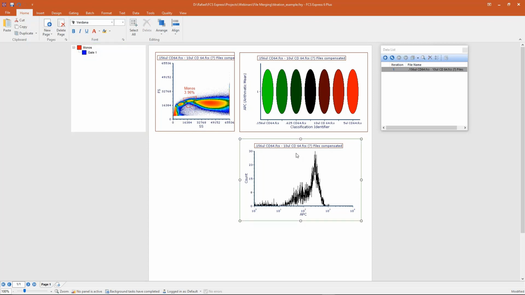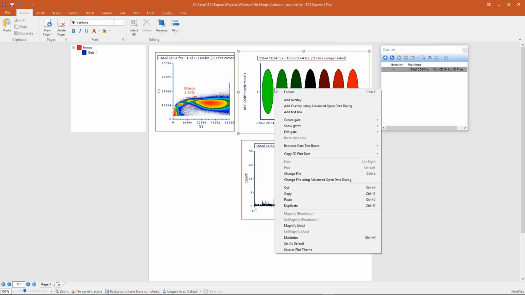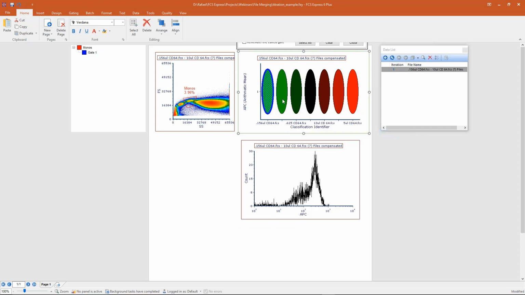And now what I can do is cycle through these different files. I can just edit my well gate to look at the next file or the next file or the next file, and I can look at the fluorescence for my antibody here. So I'll just right click on this heat map. I can go and edit that well gate, and I can just move along, and you'll see that the data is updating in real time, and we can view how the fluorescence looks as my titration increases